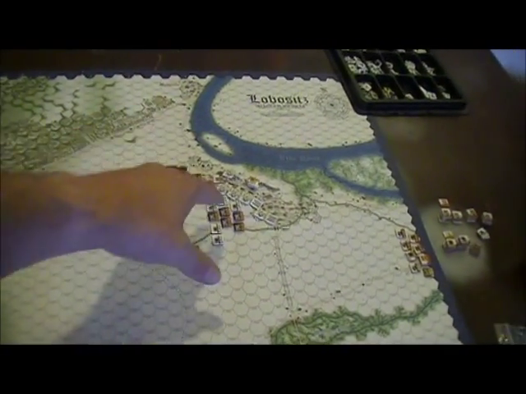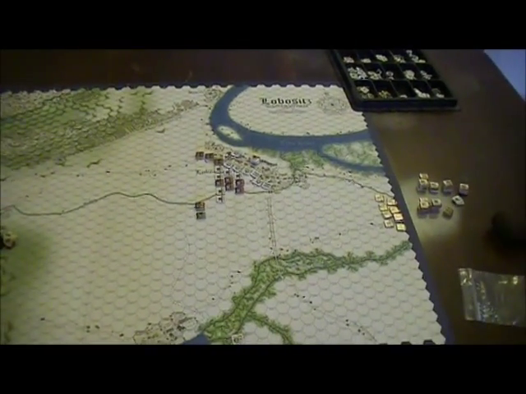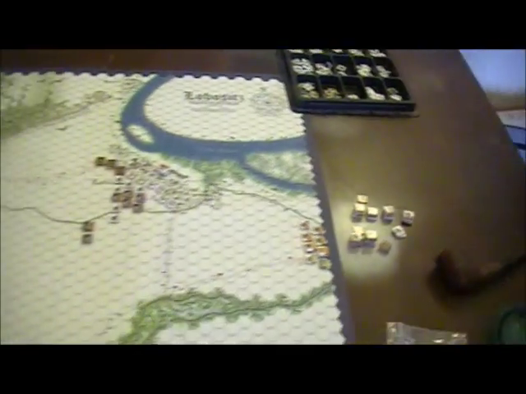And he comes forward, and he thinks he's not facing the entire Austrian army. In fact, he thinks he's facing a rear guard. The rest of the Austrian army is going to be off map. I haven't built this yet, but basically...